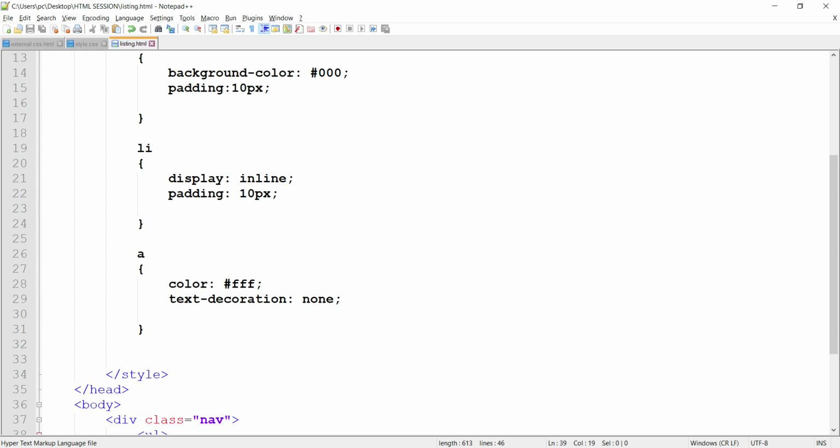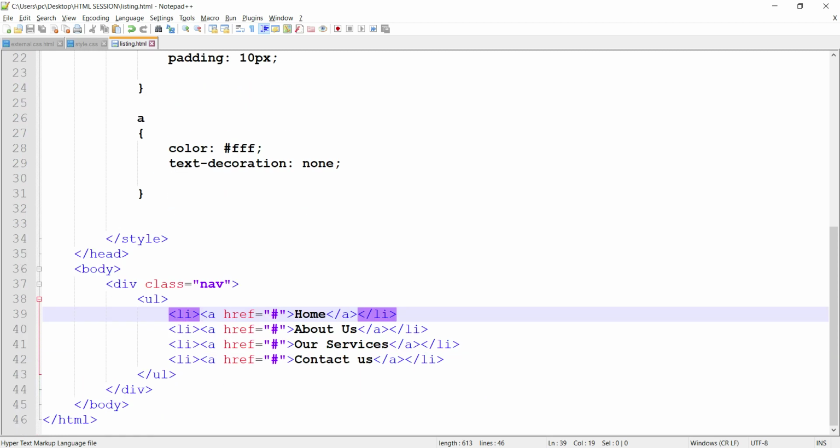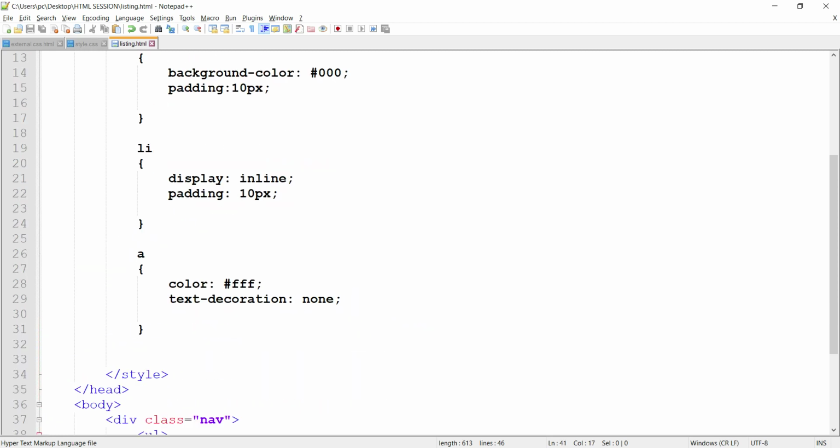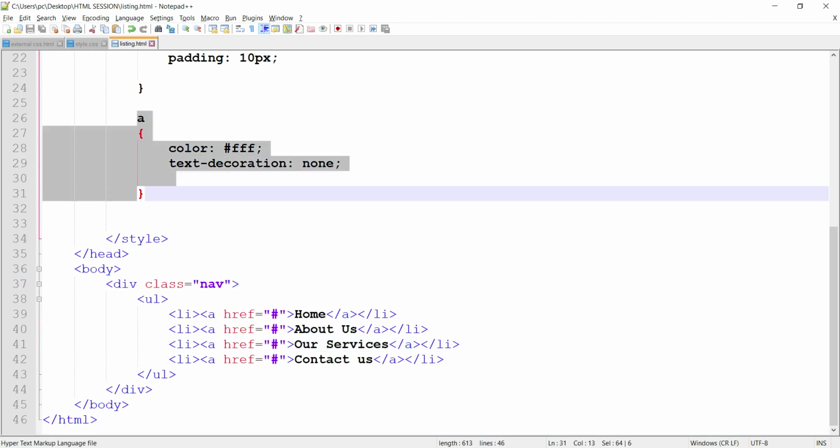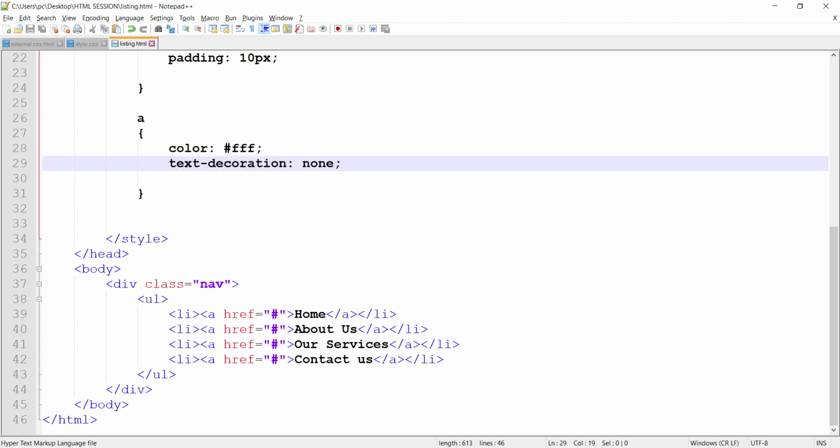And there are four li's, so between the li we have given padding, 10 pixel, right? And we have targeted a, the anchor tag, set color to white, and to remove the underline we have set text decoration to none, right guys? I hope you understand this.